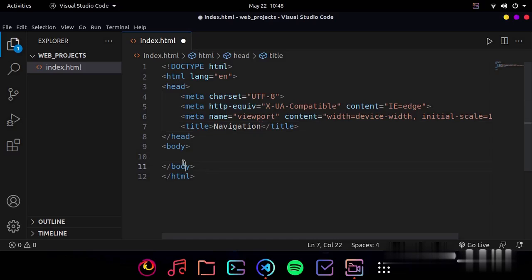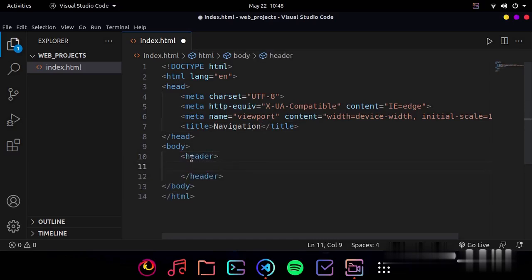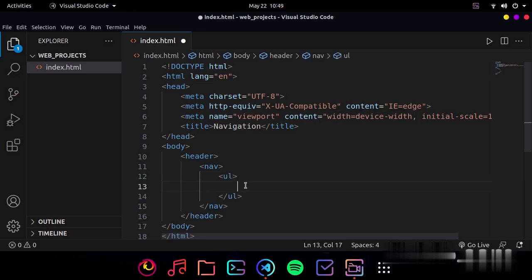Okay, so in the body the first thing which we are going to do is we are going to put a header tag. Now inside the header we will put a nav tag. Now inside the nav tag we'll put an unordered list tag, means UL tag. Now in the UL we are going to create 4 list items. So li,